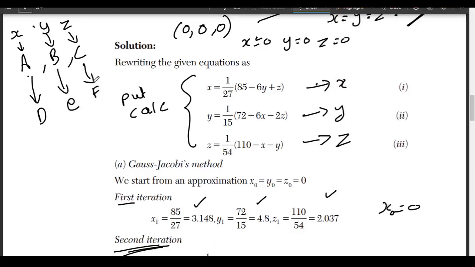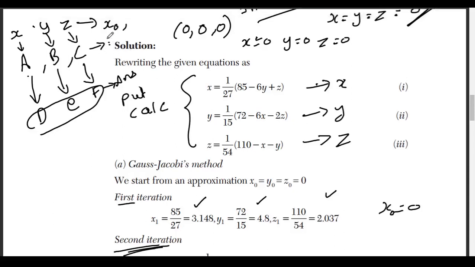These are the answers we are going to save in these three variables. These three variables are what? Answers, and these three variables are x naught values. Here x naught we have to include first, and these are the values we are going to call iteration values. If you didn't understand, no problem. I am going to explain slowly and clearly. You will understand very easily.